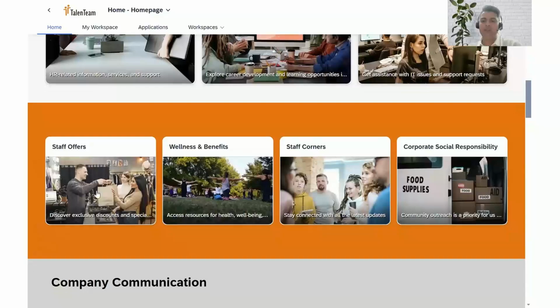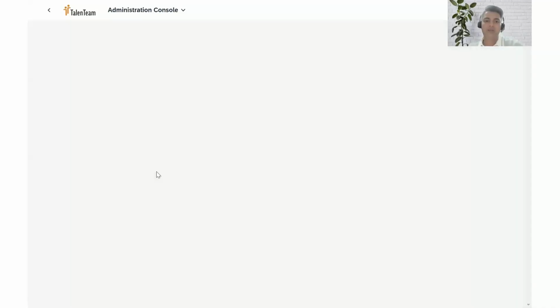Now, quickly, let's go through a few of these workspaces which we have created. Like I was talking about earlier, you can create workspaces, which are basically groups. These can be public groups, these can be your private groups as well. So, one I have created is what we call a staff offer. Now, when I click this staff offer, it will take me to